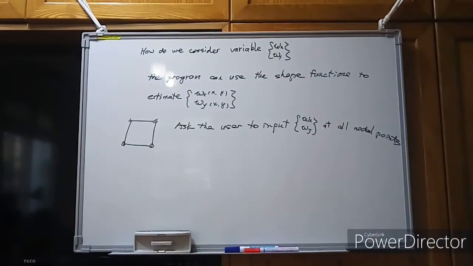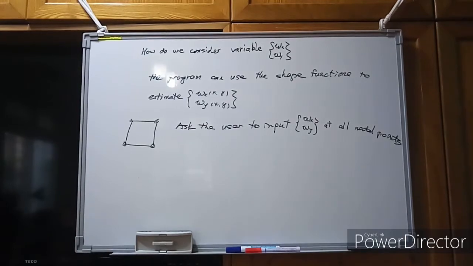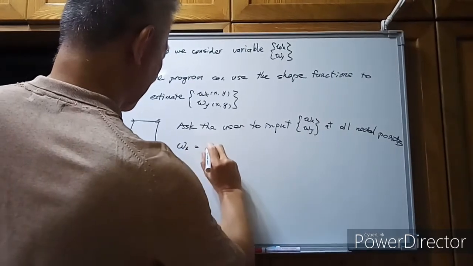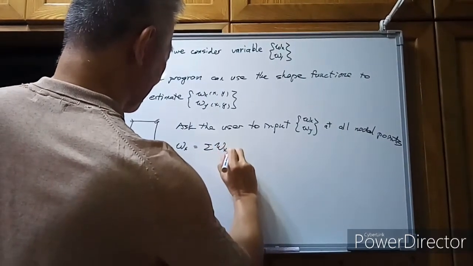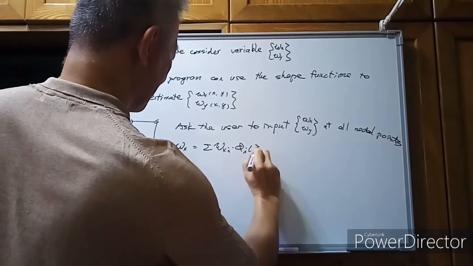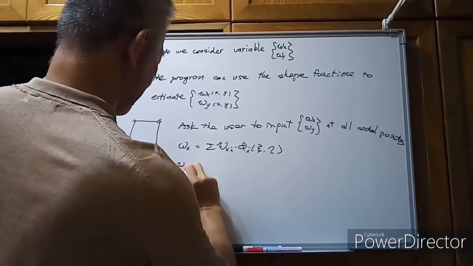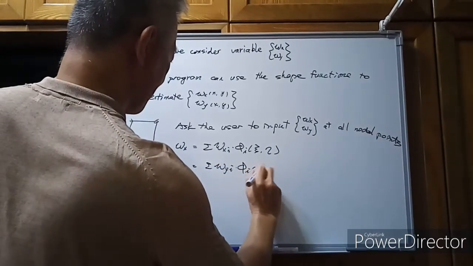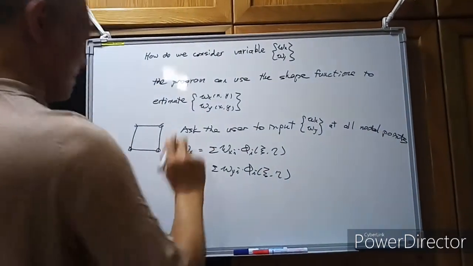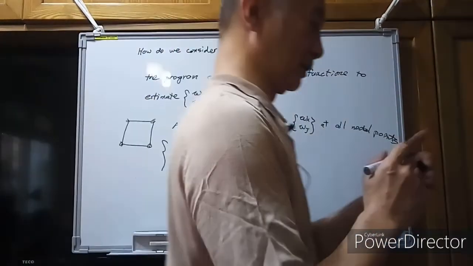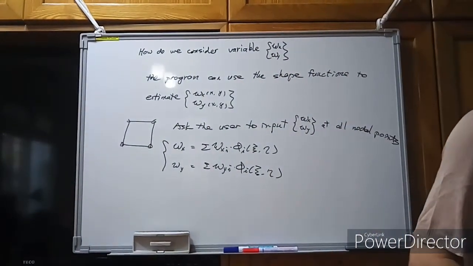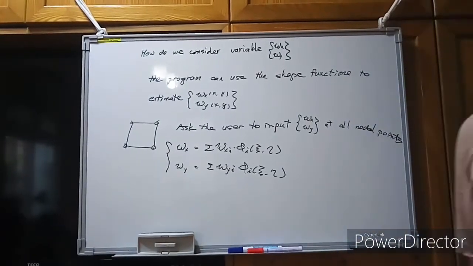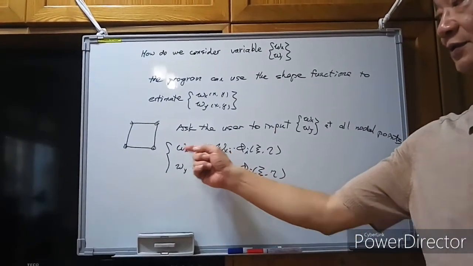We can ask the user to input this type of information. If the user inputs the distributed load at the nodal points, then we can use the shape functions to get an approximate Wx function